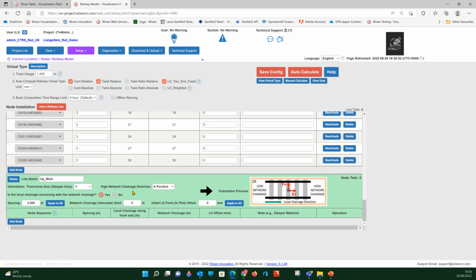But what the question is here is asking you, in which direction have you got the node pointing to the high chainage direction? So you obviously have X positive, X negative, or if you've got a different orientation, you can see here the other options. But I'm going to use the X positive. Leave the default on the next question